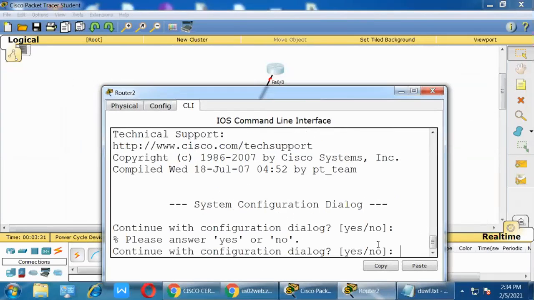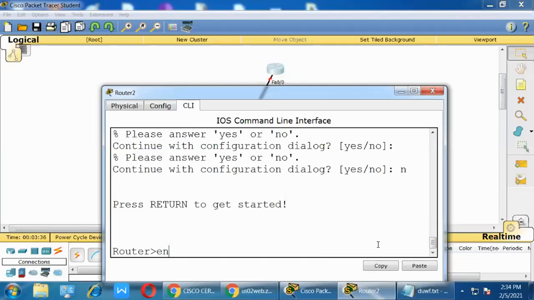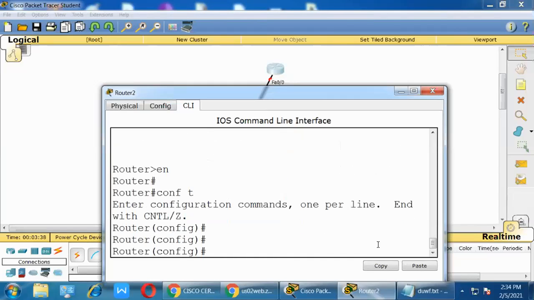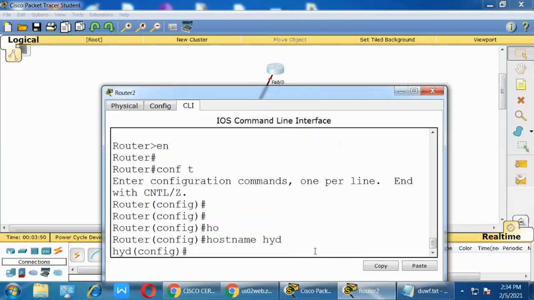This interface. So: enable, config t. I'm changing the hostname to HYD, because hostname means I'm changing this router name. So I assign the name Hyderabad.